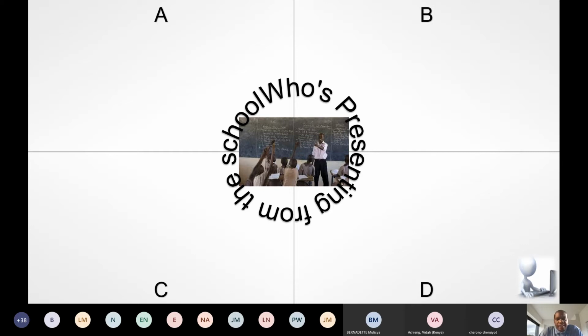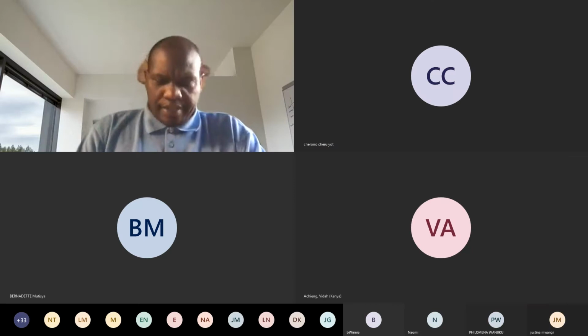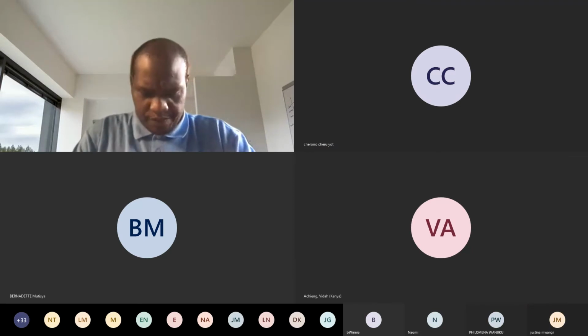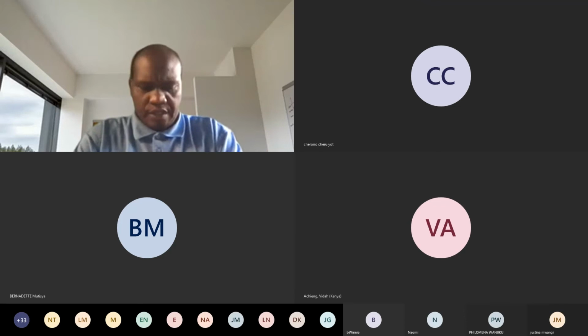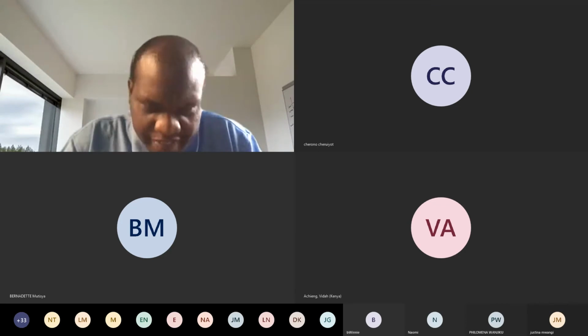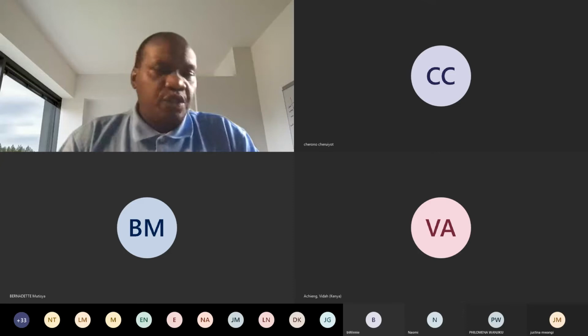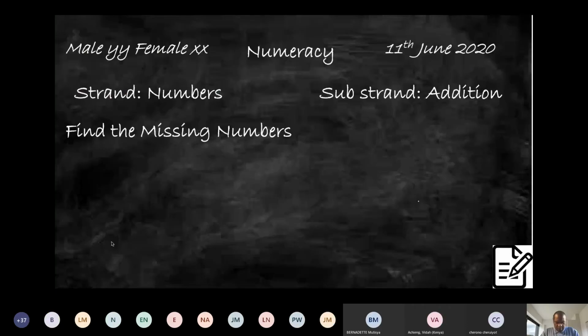So in this activity today, we'll be solving non-routine problems. They are taking long to load, so ideally I can just go to there. Okay, let us just proceed with this. So we are supposed to find the missing numbers, and they're coming up, it's loading. We're supposed to find the missing number. And as we are finding the missing numbers,